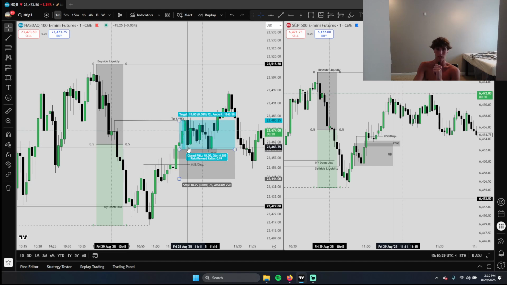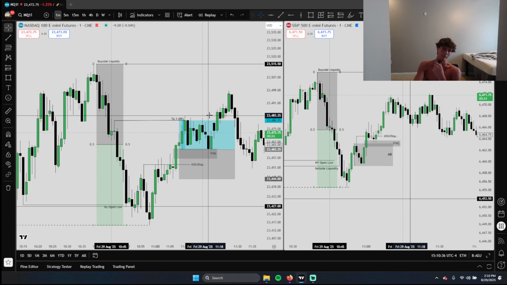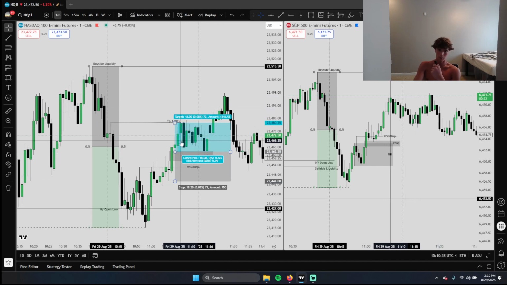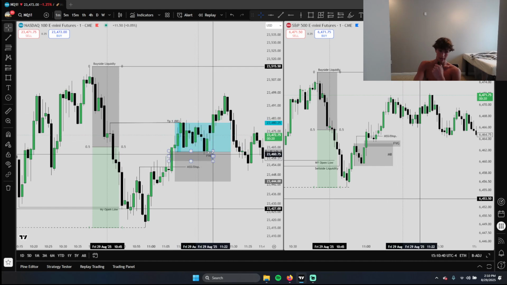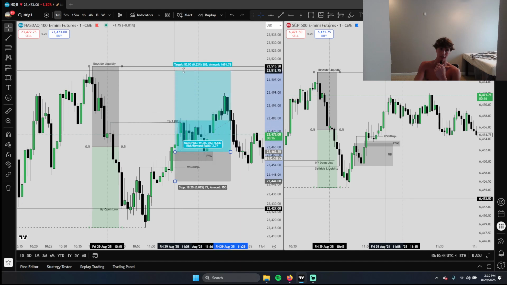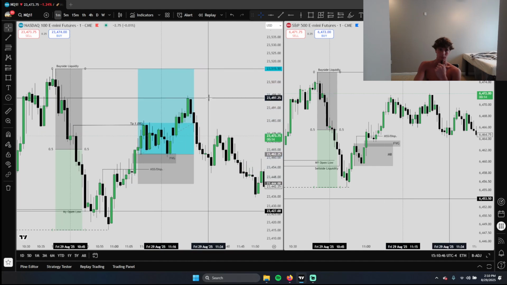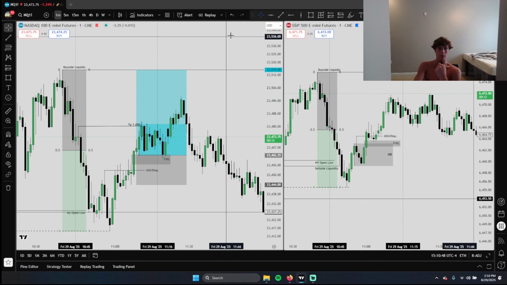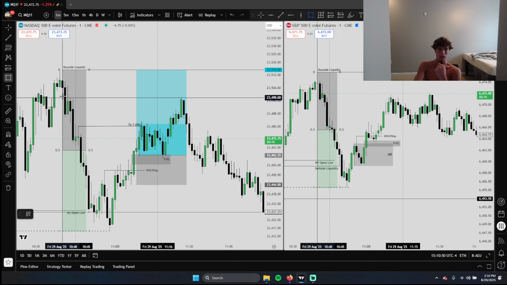My break even actually got hit right here on the next candle, because TopStep just loves it, right? Wouldn't have mattered anyways. We come up or we come down, hit break even, tap into this fair value gap again, and I honestly thought this was gonna hit, but it didn't. We come up and we tap into this little